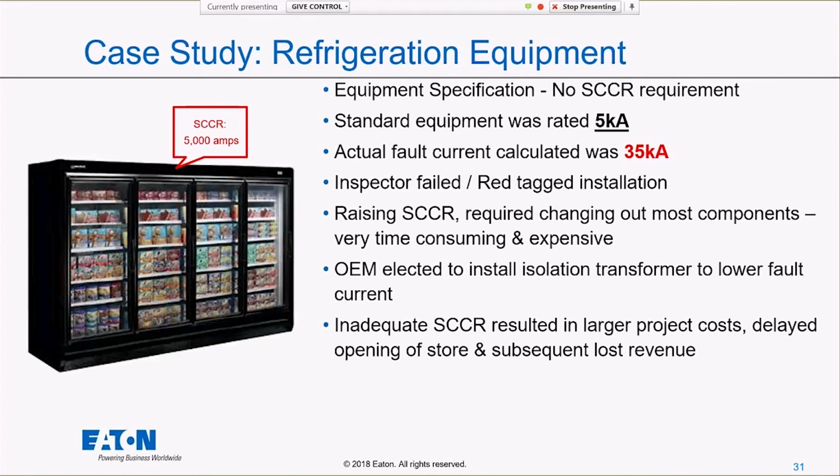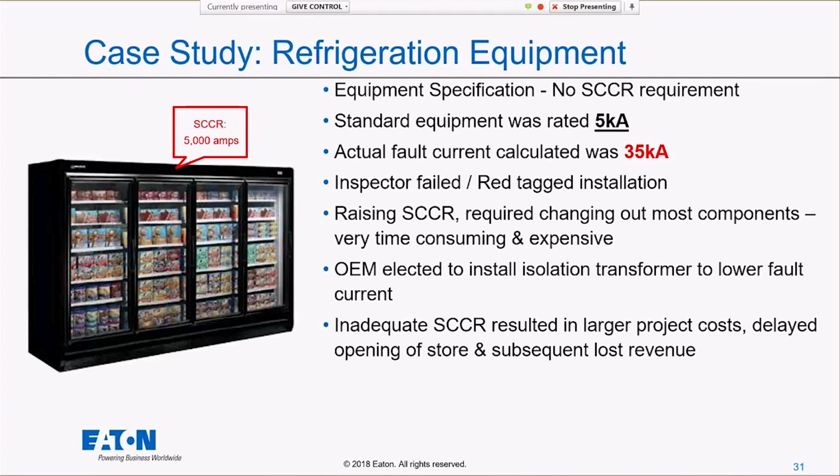You have to make sure there's a place to put an isolation transformer. And installing a transformer can add other issues like voltage drop, depending on where you are. And it's really just a whole lot less energy efficient to do something like that. But you're really limited to very few options, something along the lines of installing a transformer or changing out